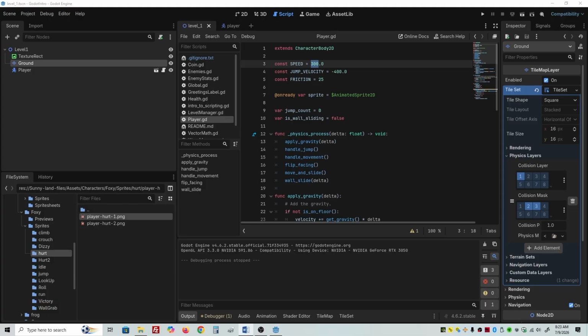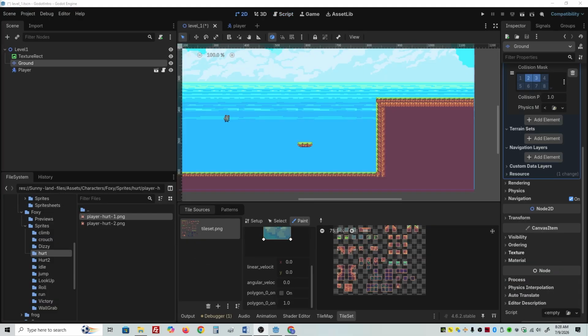Now something I wasn't initially going to do, but it is kind of a staple in modern platformers, is to be able to fall down through platforms by either holding down and pressing jump, or just pressing down on it altogether. So let's go ahead and try to work that out together. As you can see, we have this platform here. If you select the specific tile that you have here, and you have your physics layer enabled,